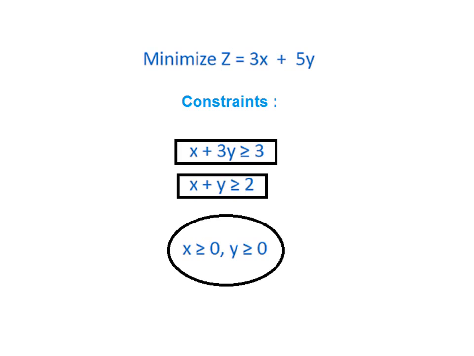Let us have a look at the solution now. So the optimal value this time is not the maximum value but the minimum value. Minimize they have told. And the constraints, as you can see in the rectangular boxes, are not less than or equal to this time. Both are greater than or equal to. Means we have to look at those values which will give higher values than the required line. And in the oval we find the regular non-negative constraints. So the non-negative constraints always mean we are looking at the first quadrant. That's all.